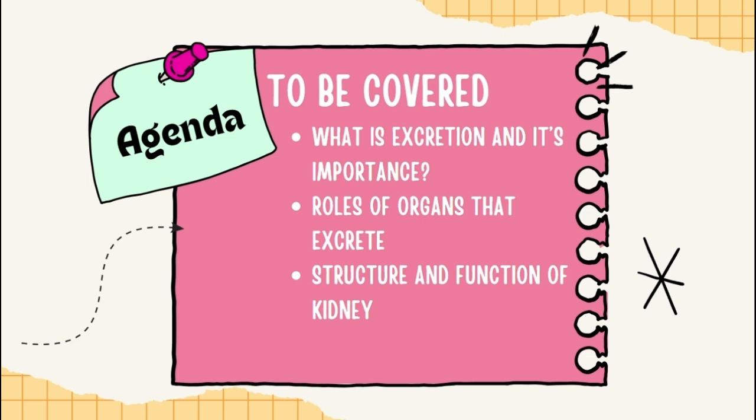When something secretes something, more than likely it serves a function. When we're talking about excretion and the excretory system, we are focused strictly on waste, right? Strictly waste, something that the body just does not need. We are trying to get it out. And then obviously the structure and function of the kidney. So we're just going to look at the kidney a little bit. Yeah. But